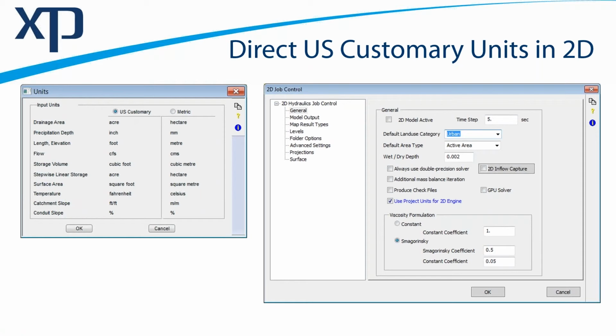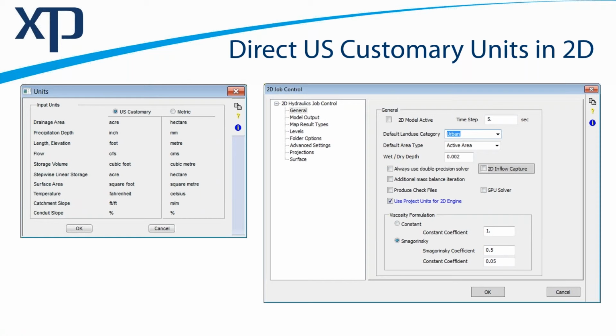This had a bit of a caveat, or did have a caveat. In that scenario, the raw 2D modeling results were essentially in metric. And so if you were to use some of the tools that are available to work with those raw results, your file data or your results would end up being in metric, and perhaps you'd have to do some projections in GIS to get them into US units for presentation, or just for integrating those results